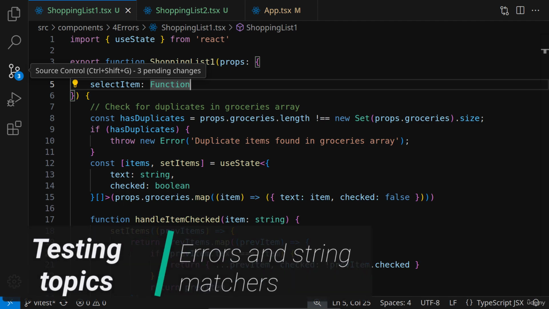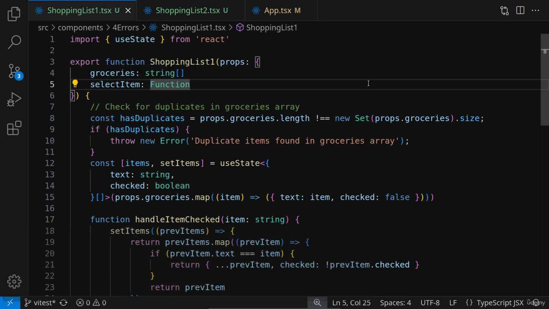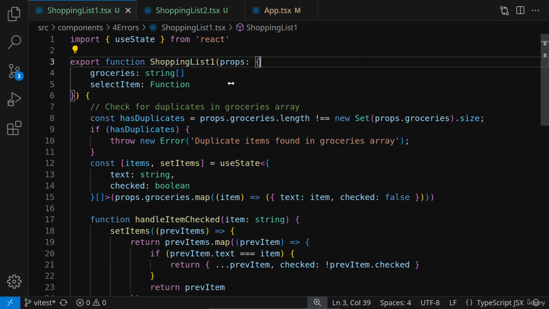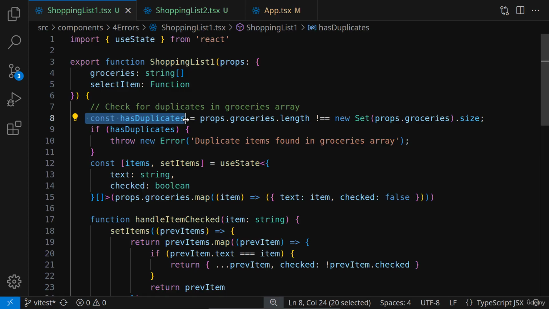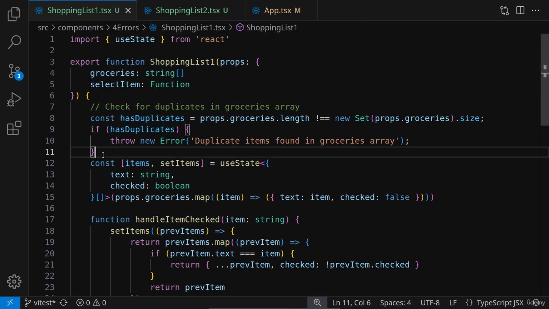In this lecture, we will talk about testing errors in React, or testing for errors in React. To illustrate this, I have written a small shopping list component that receives some properties, mainly a groceries string array. What it does is check for duplicates as it is loading. And if the properties have duplicates, then one version of this component will throw an error,